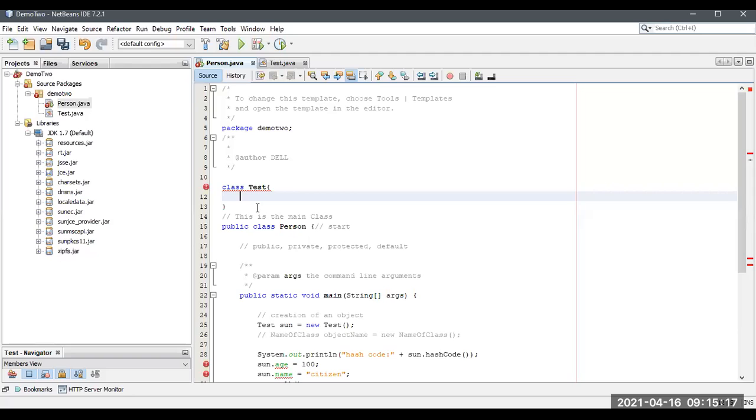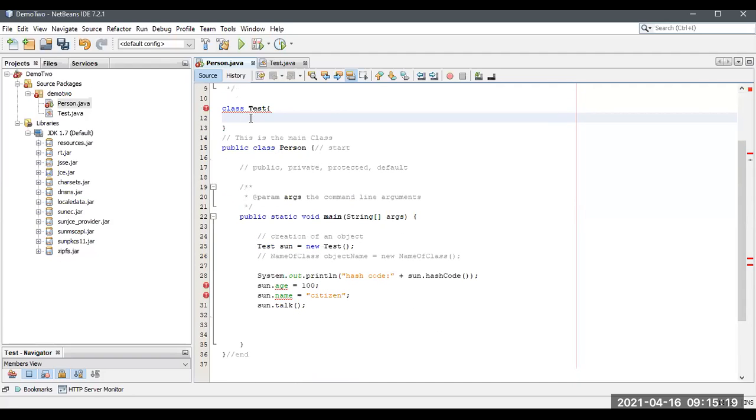Inside the test class, we accessed the variables and the methods. Inside the main method, we created an object, and through this object, we accessed the instance variables as well as the method inside the test class.